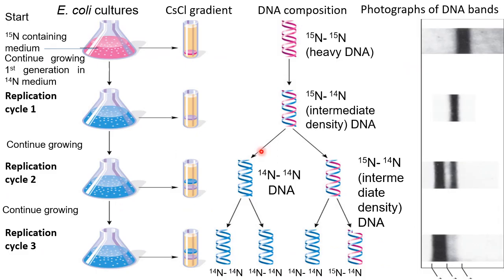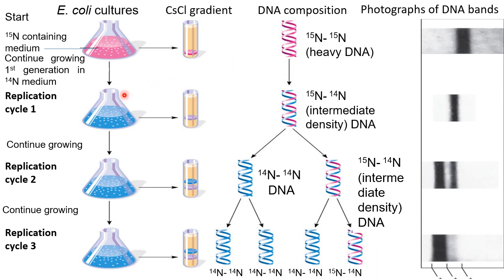This is the diagrammatic representation of the Meselson and Stahl experiment. In their experiment, they took Escherichia coli as their experimental organism, initially grown in a medium containing ammonium chloride labeled with the heavier isotope of nitrogen, that is N15 nitrogen. The ammonium chloride in the media acted as a source of nitrogen for the bases of DNA. Now the new DNA molecules after extraction contain N15 nitrogen, that is N15 DNA.